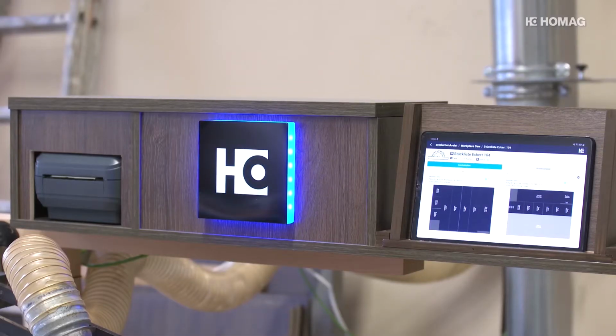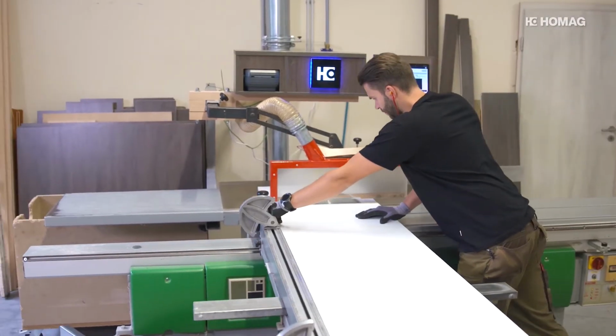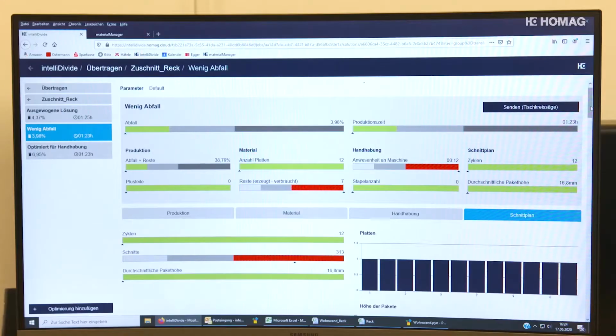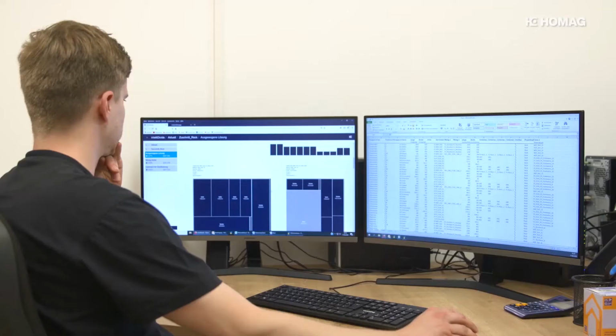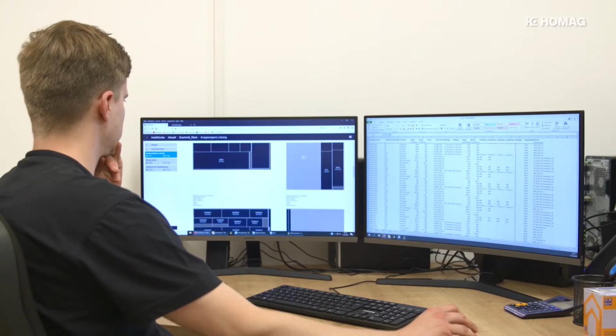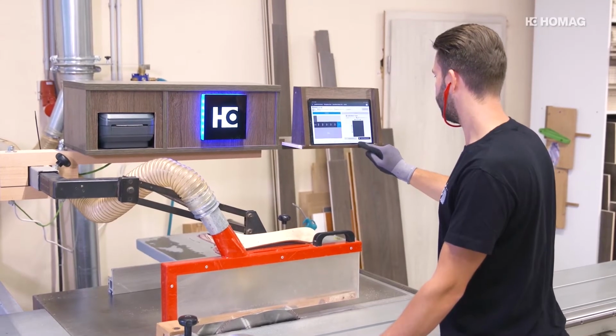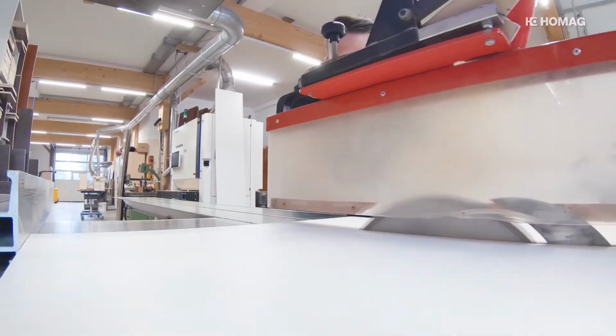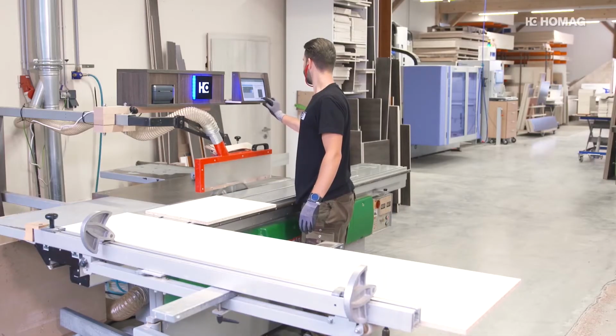The cutting production set supports the operator at the saw and helps with the labeling of parts. At the same time, this assistant optimizes the cutting patterns. This significantly reduces material consumption. The digital assistant for cutting to size can be used with sliding table saws and panel saws, regardless of type,